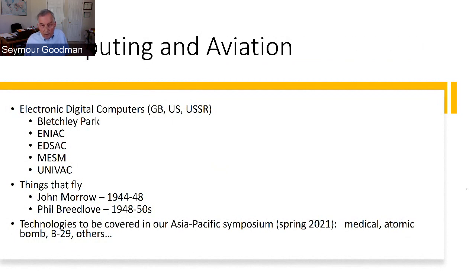And three countries over the period that we are looking at, from 44 to 1950, were rather prominent in building these machines. And these are electronic, and the primary component are vacuum tubes. And they're digital as opposed to analog, and that's an important distinction that, of course, the digital versus analog has carried through to today and has virtually defined our societies in so many ways. And the first of these computers that were general purpose in the sense that they were programmable and electronic and digital came out of the British Bletchley Park